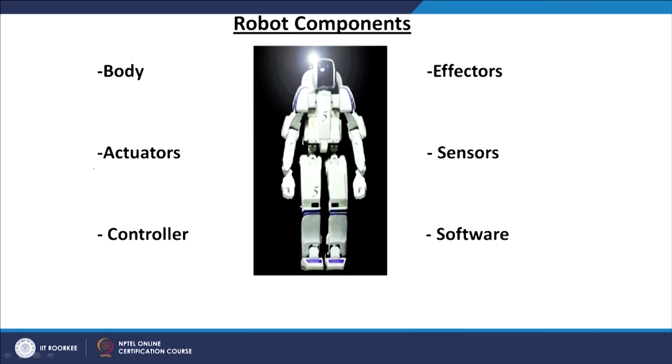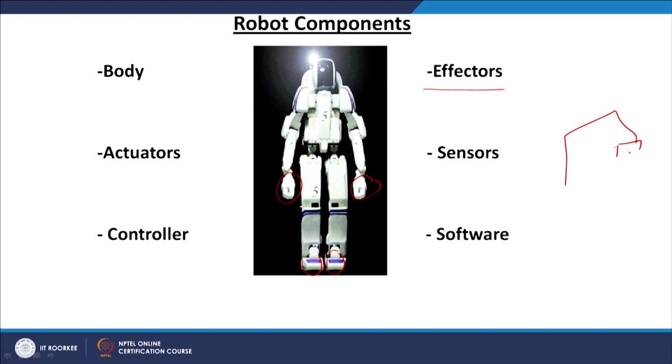Here the picture shows a humanoid robot, but a robot need not be in this particular shape. It can be a crane-like structure, or it can be insect-like, or several types of robots which can perform any task automatically are all called a robot. Here one particular robot is shown. It has a body and it has end effectors. There are 2 hands and 2 legs, so 4 end effectors for this particular robot.